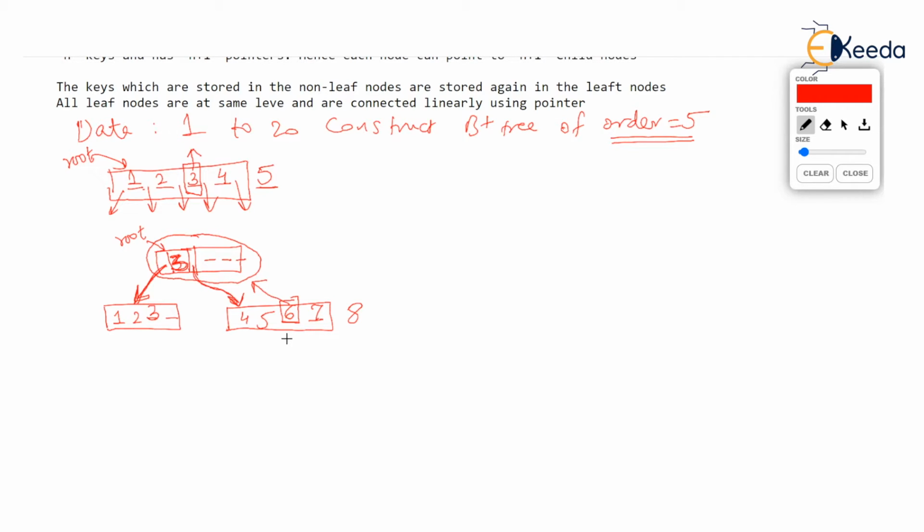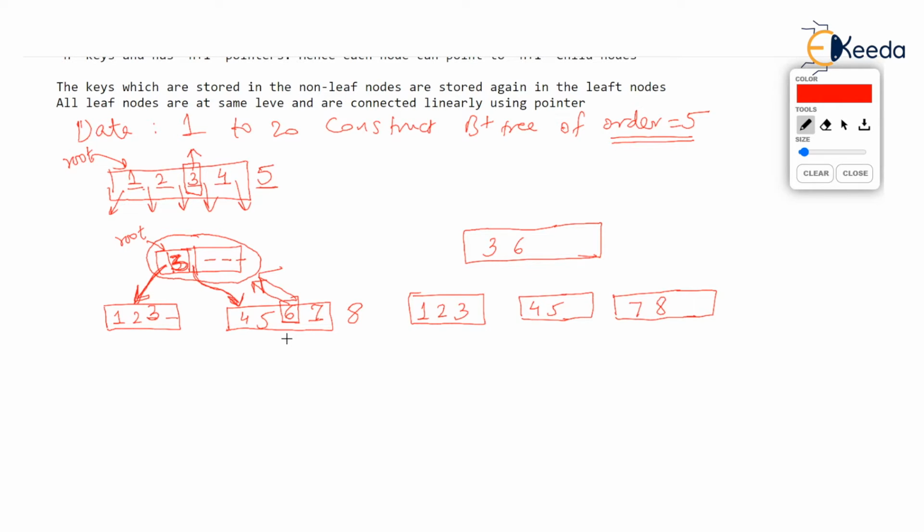So what is the latest tree that we are having? The root node now is going to store 3 and 6. At the bottom level here, we are having 1, 2 and 3. Remember, the non-leaf node key is stored again, 3 is stored again in this left child. Now what we have along with this, the companion we have is 4 and 5. You understand this was due to left split. 6 was propagated up and 4, 5 is the left child. And we have one more node, 7, 8.